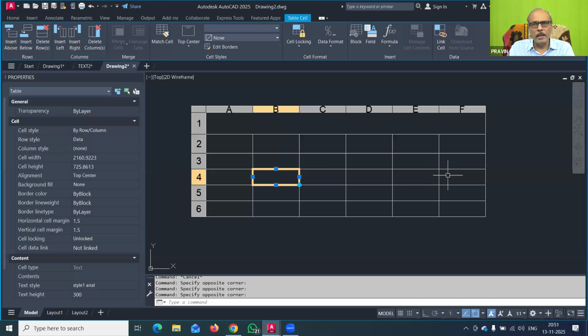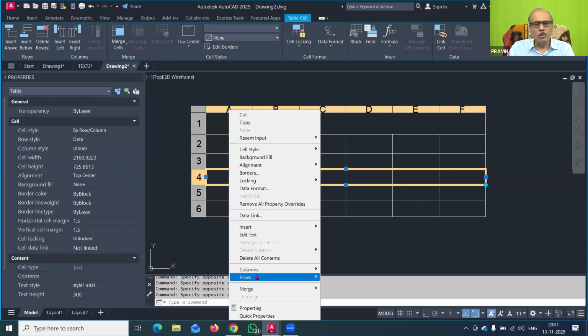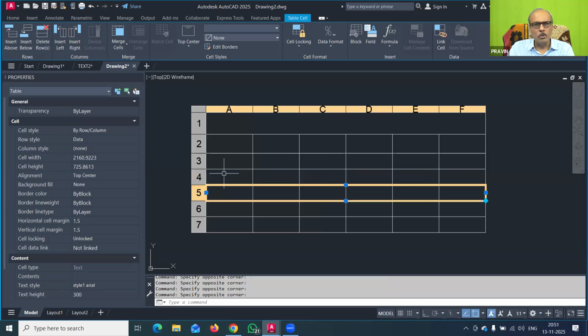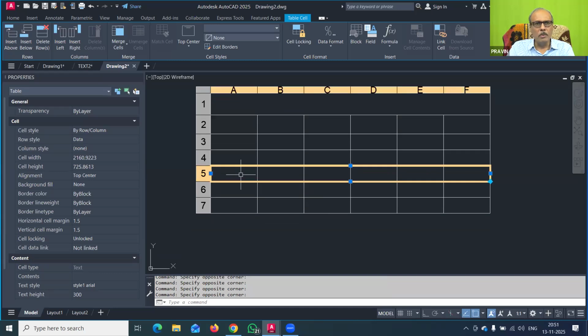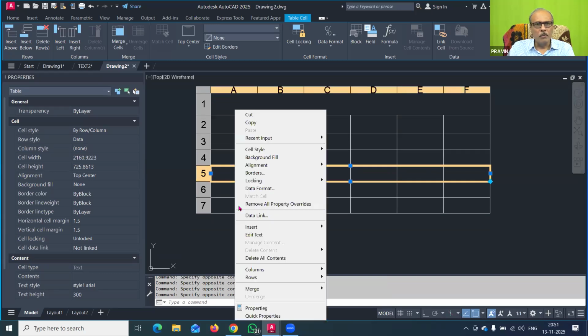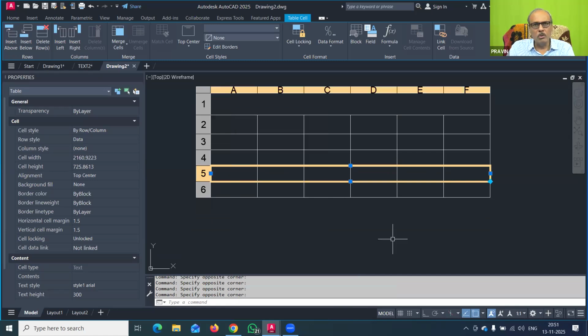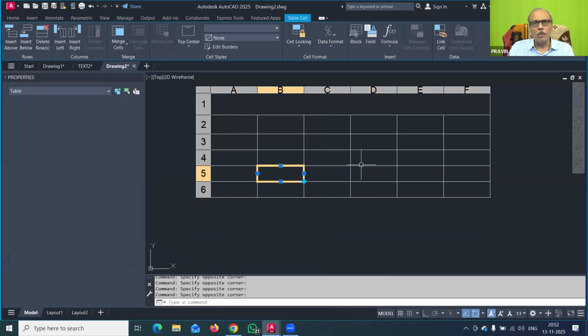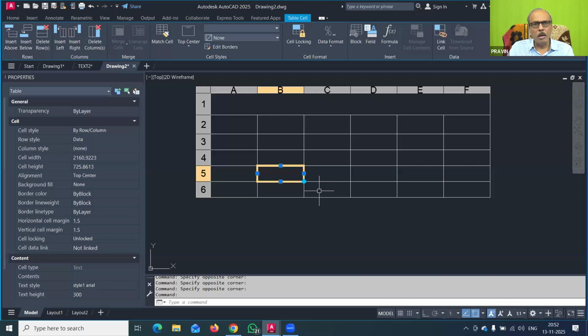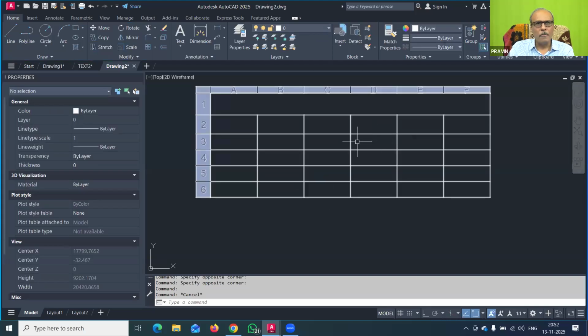Similarly, suppose you want to add a row. You can select this row, inside this row, then right click, and then go to rows, and in rows it gives insert above or below. So you can add a row also. This important thing you have to remember. Similarly, you can right click here and go to row, and you can also delete. So columns and rows can be added into this existing table. It is required for modification, as some data we have to add at the time. So you can create any number of columns and rows.